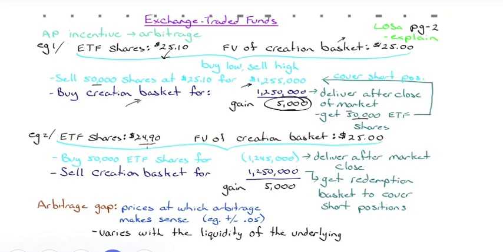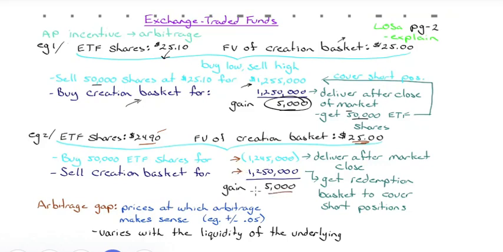Let's say the ETF shares are $24.90 and the fair value of the creation basket is $25. Buy low, sell high. Which is the low side? $24.90. So we're going to go buy 50,000 ETF shares, and we're going to spend $1,245,000. And we're going to short the creation basket because it's too high. So we're going to sell all the shares that would fit in this creation basket, and we'll get $1,250 for